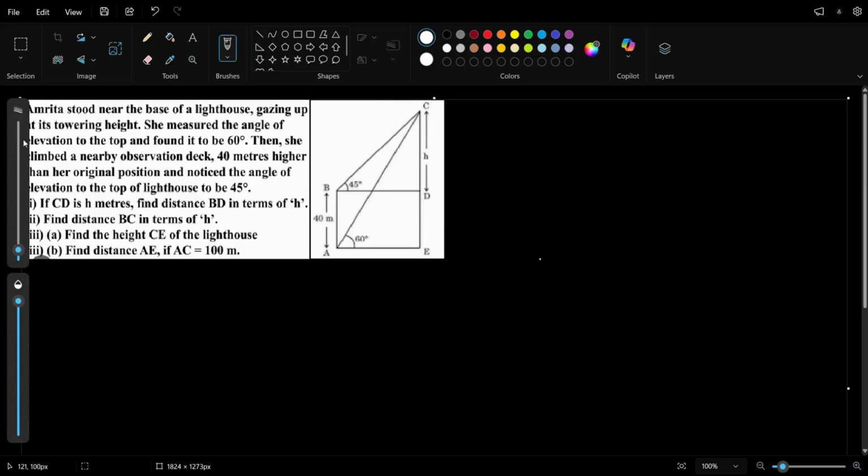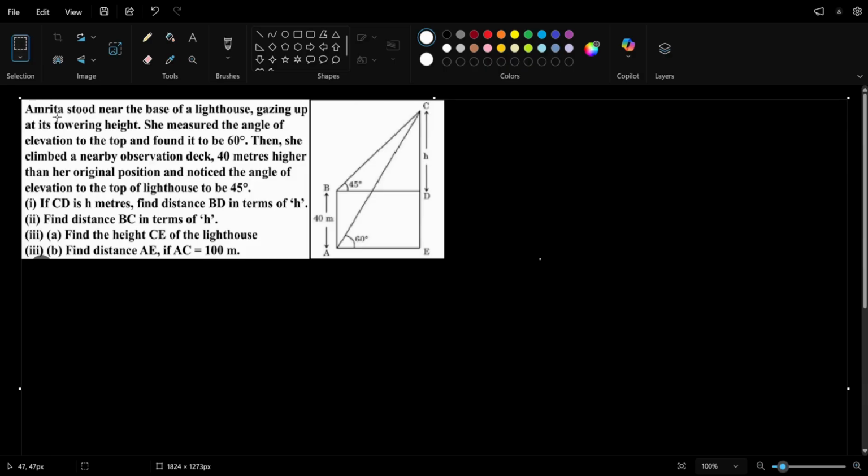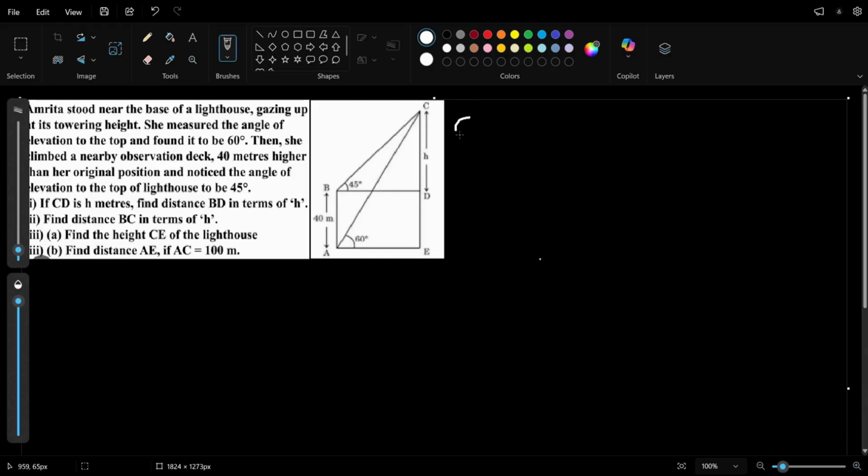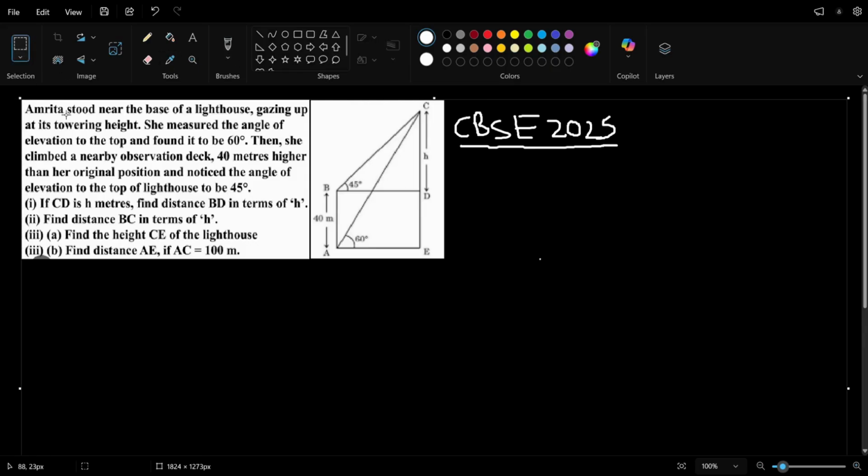So we have a question here. Amrita stood near the base of a lighthouse. By the way, this question came in CBSE 2025. In this question, Amrita stood near the base of a lighthouse, gazing up